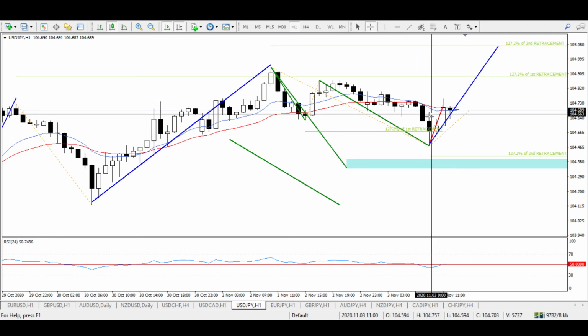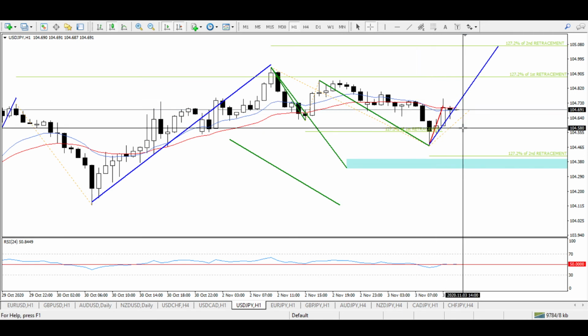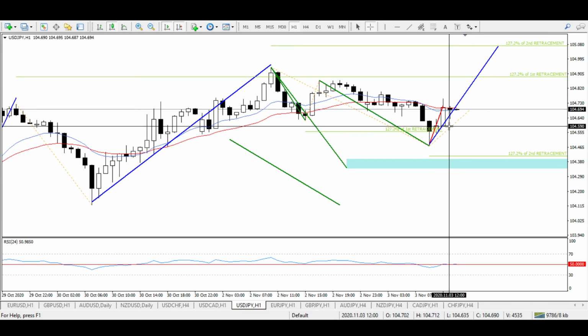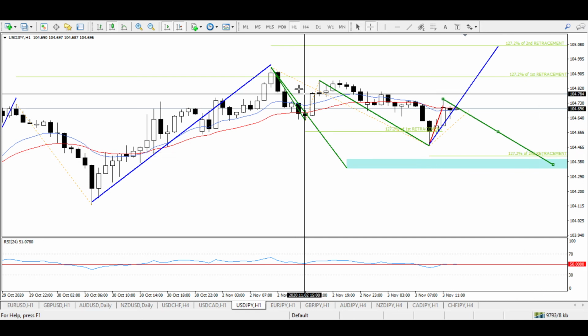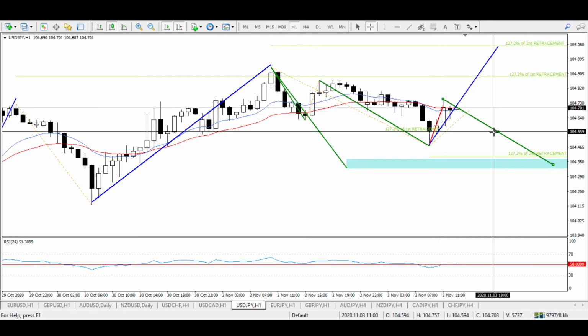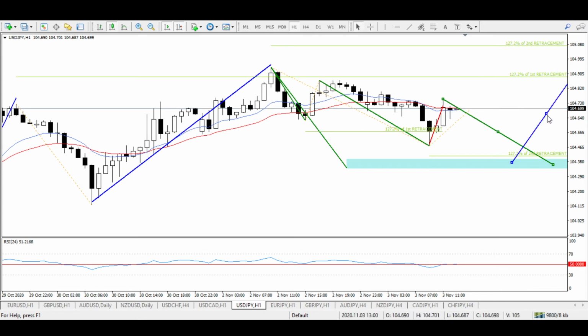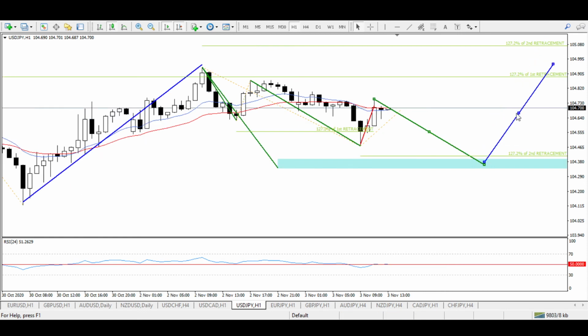Even if we get bearish continuation, and if we get to sell something around 104.59, we can get this continuation to the downside, and then we can see some kind of bullish development from this area. The first, second, and third drive will be completed, and then still there will be the chance that this bullish 3 drive can take place from here. I am focusing on this bullish 3 drive because I have some fundamental factors which are suggesting that the USD can rally